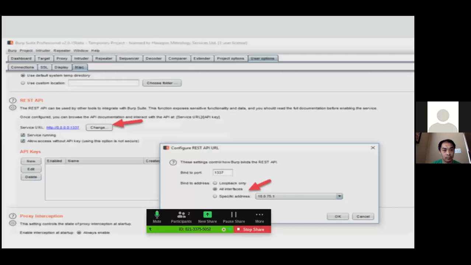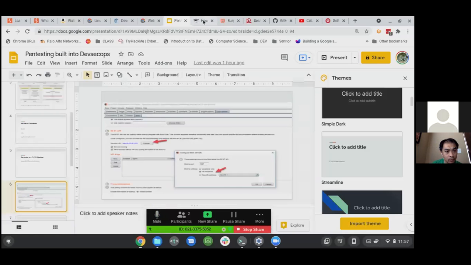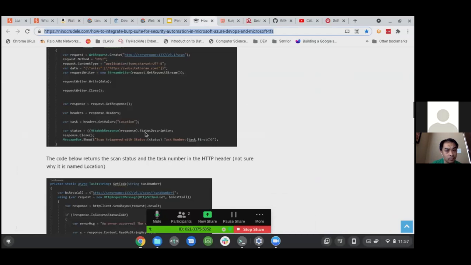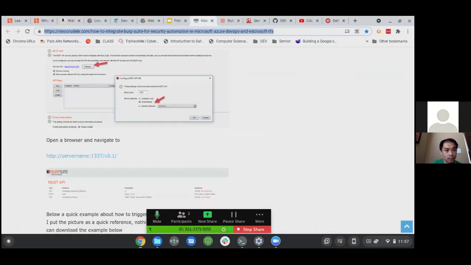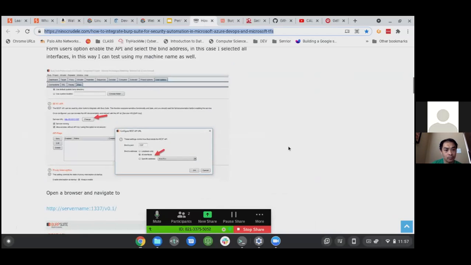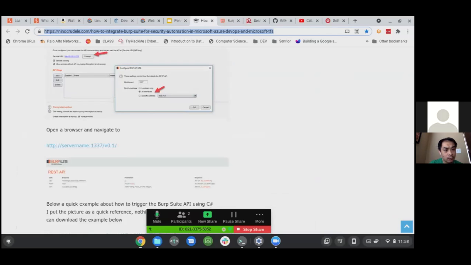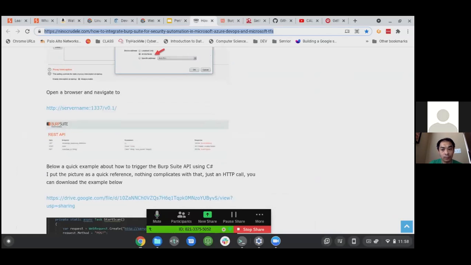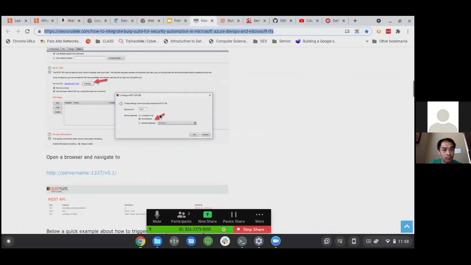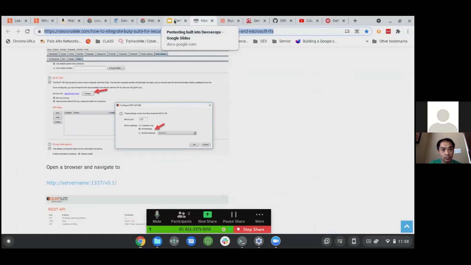Right. So here's an example taken from this blog here. This is talking about how to leverage Burp within the Azure DevOps framework, which is like a code repository and a CI/CD pipeline system, right? So it's talking about if we load Burp Suite up,